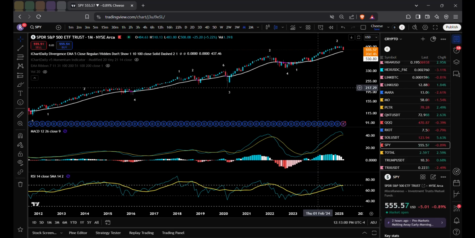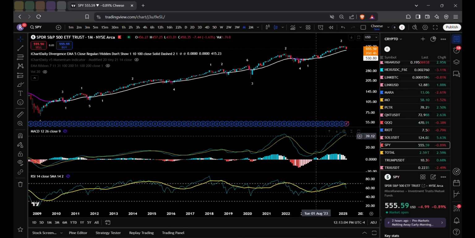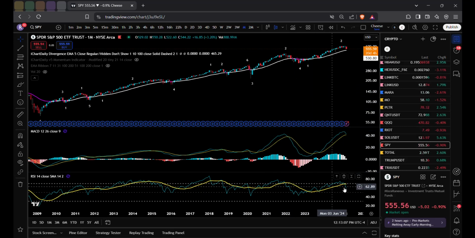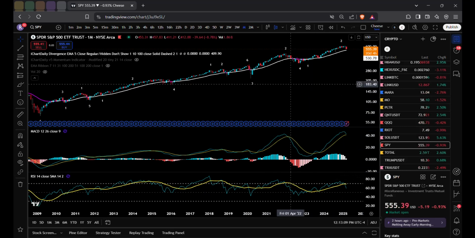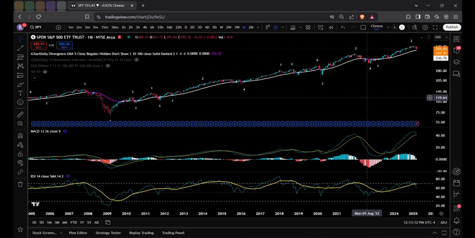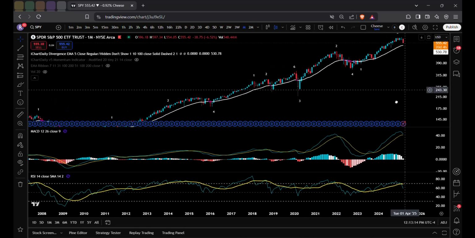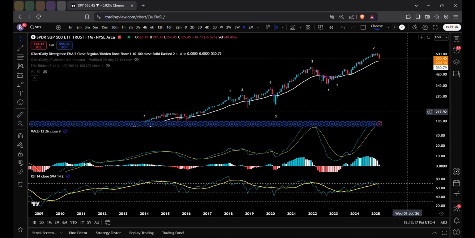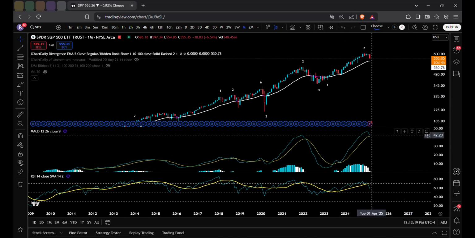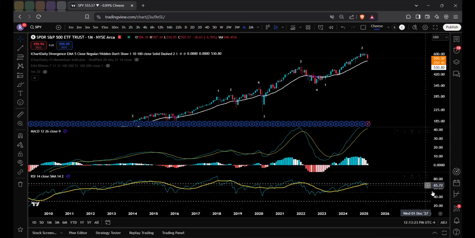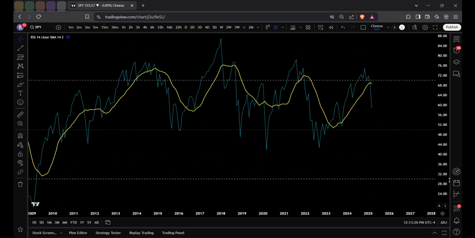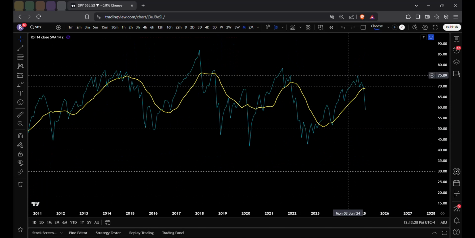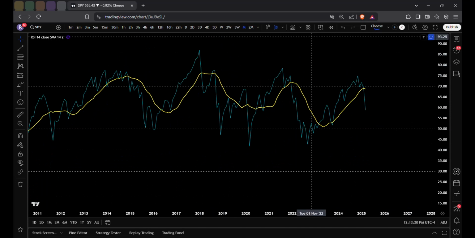So, this is the monthly chart. The first thing I notice is MACD is about to death cross. RSI already broke down. So what are we looking at, and what should you have noticed in order to catch this red candle? Well, number one, if I see a top forming and I see volume coming down, strike number one. Strike number one is the RSI, because the RSI is always the first mover, right?